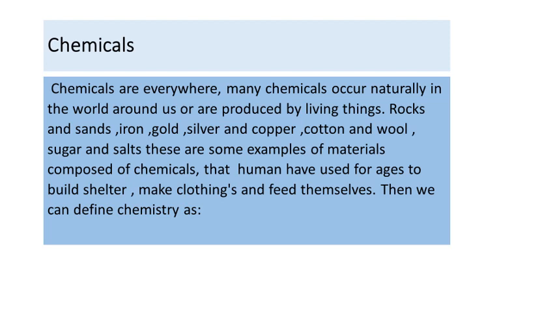Chemicals. Chemicals are everywhere. Many chemicals occur naturally in the world around us or are produced by living things: rocks and sands, oil, gold, silver and copper, cotton, and wool, sugar, and salt. These are some examples of materials composed of chemicals that humans have used for ages to build shelter, make clothing, and feed themselves. Then we can define chemistry as